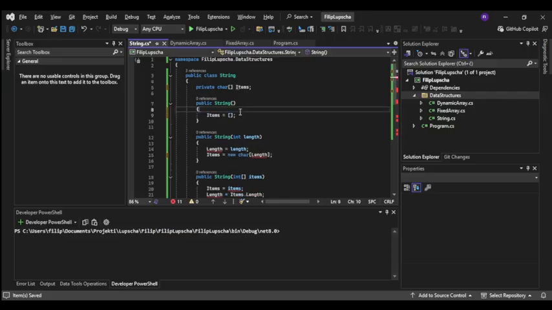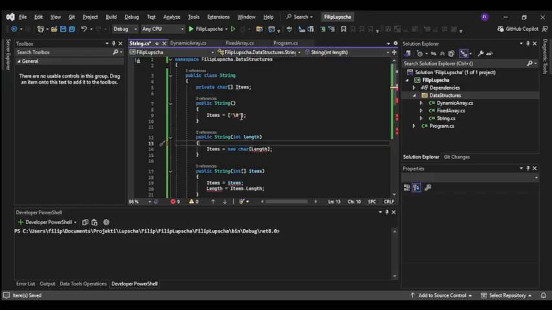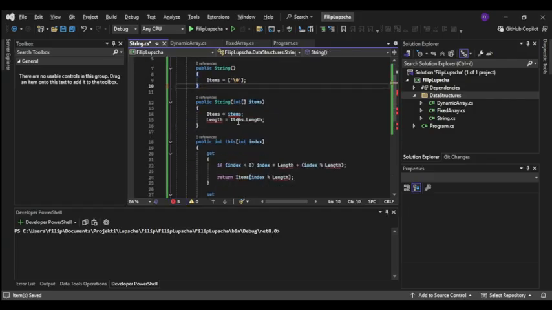And third, we need to always have an element at the end of string, or null termination. So string does not take length,